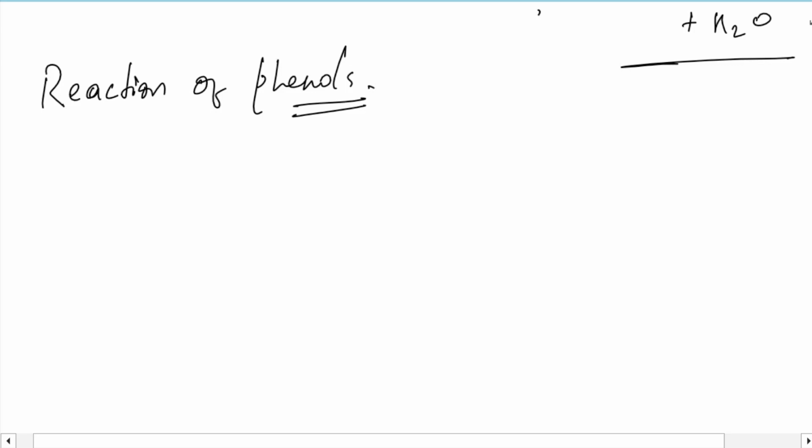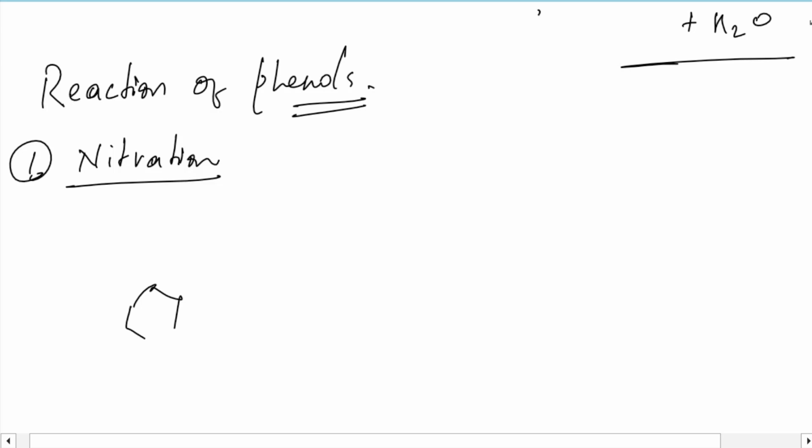So there are various reactions of phenols: nitration, halogenation, Kolbe's reaction, Reimer-Tiemann reaction, reaction with zinc dust, and formation of quinone. That is all we will be discussing here. So let's begin with something, that's nitration. So nitration